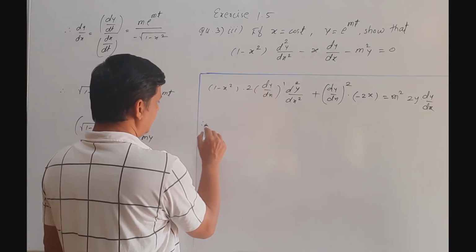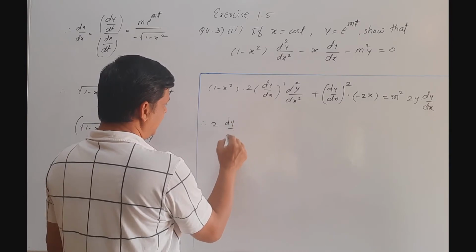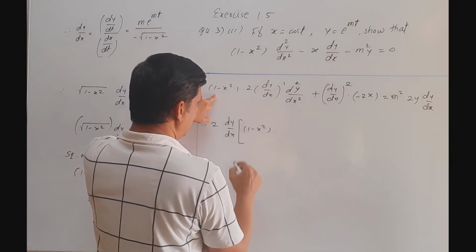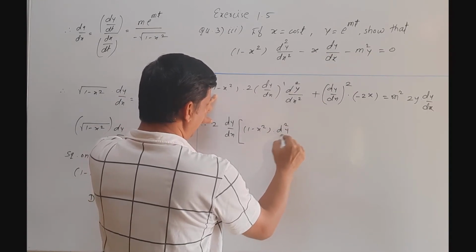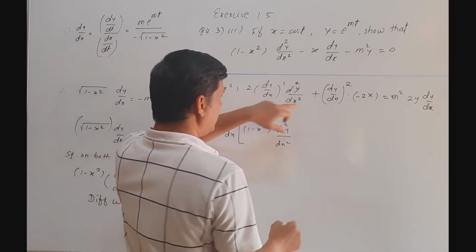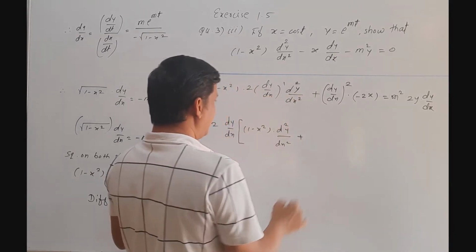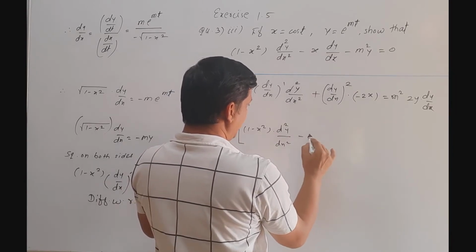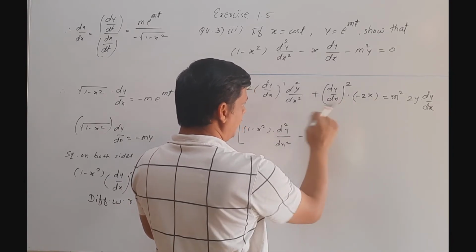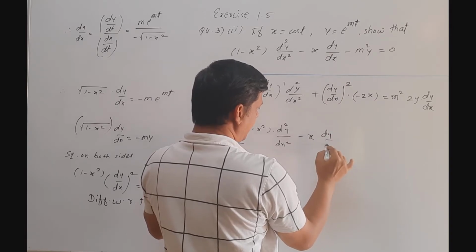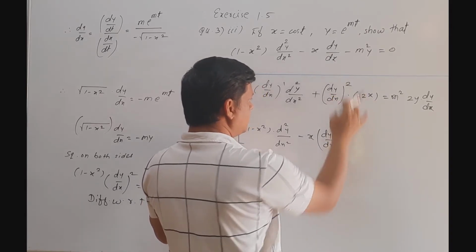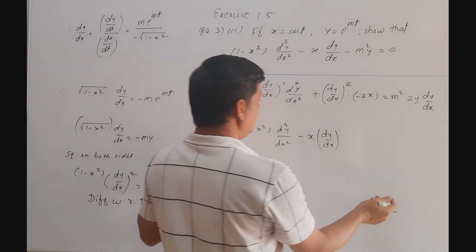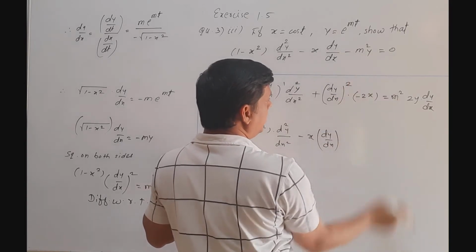So right here, therefore, 2 into dy by dx in bracket we write this 1 minus x square as it is into d2y by dx2 as it is. Then we take dy by dx common and 2 common. So right here plus minus minus, so minus x, because we take 2 common. Then we also take dy by dx common, so right here instead of dy by dx bracket square we write dy by dx. Then we have to show minus m square into y.